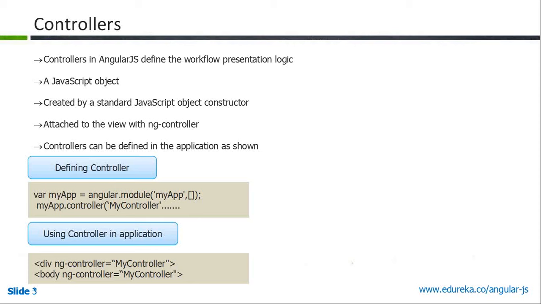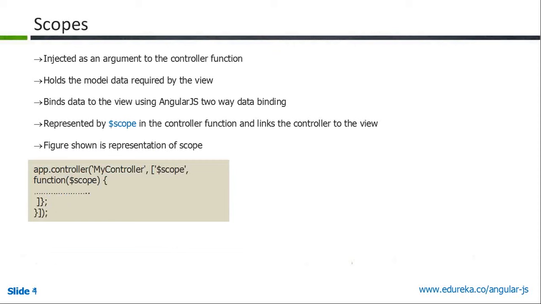So how does it work? In the controller we have a $watch service. If your model changes in your controller, it automatically triggers an event and updates the view. In the same way, if you make any changes in the view, it triggers an event to update the model. Because of this $watch service, these kinds of transitions happen.